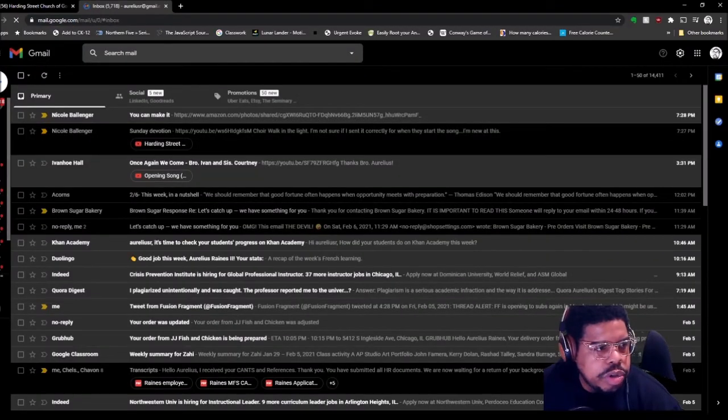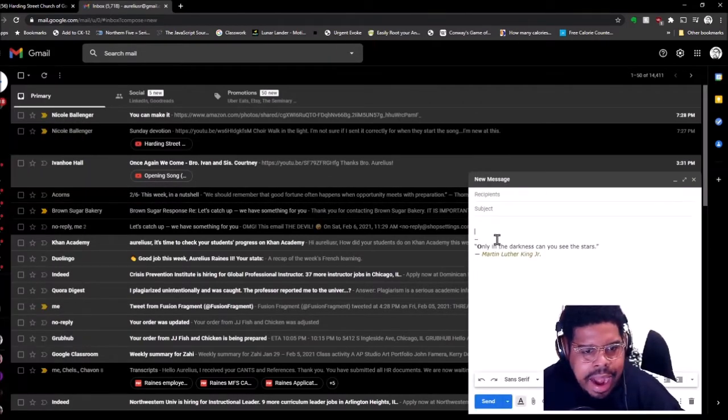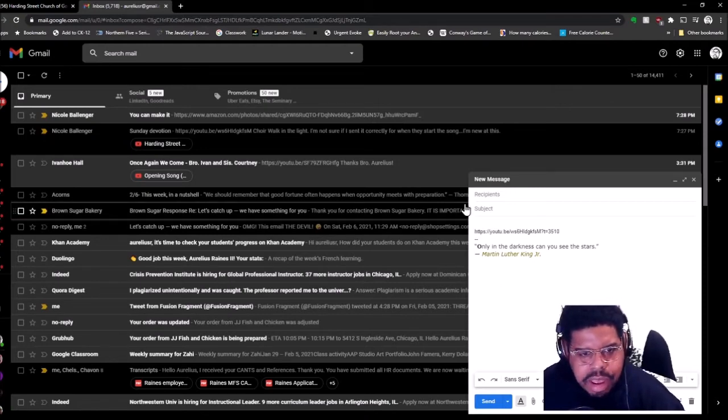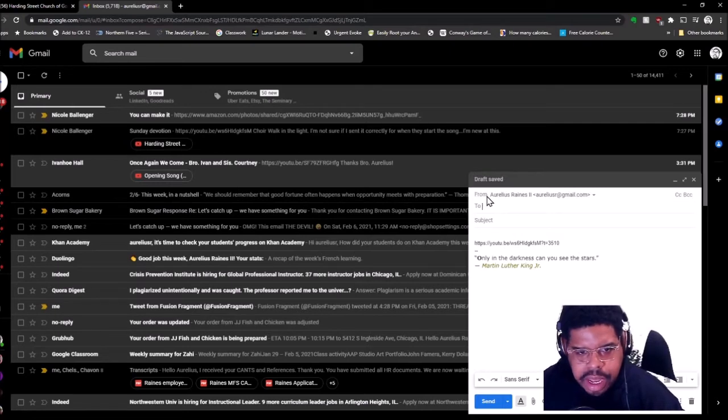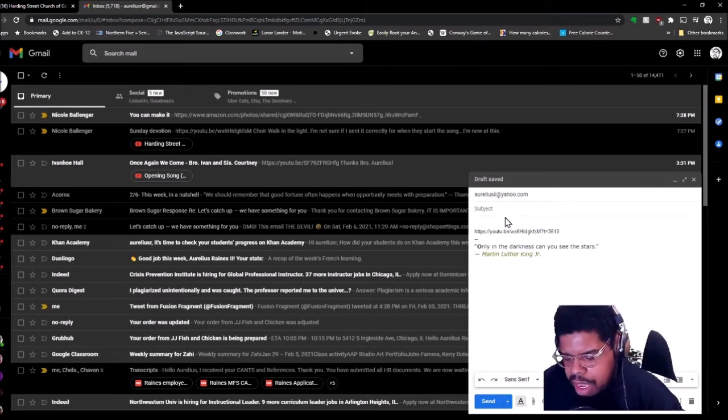When I go to send an email, okay, and I paste that link in, right click, and I'll show you how to do it again. I just right click and paste. I'm sorry, I'm so used to using key shortcuts. You use Control V if you want to paste without doing the right click and paste, or you just hit right click and paste. Of course, put the address in there. This is who I'm sending it to. Sending it to myself, and I'm